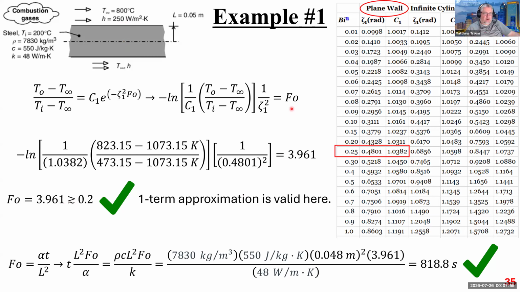And now I've got the Fourier number. I just need to take the information given in the problem and back out what the time is, right? So remember that Fourier number is thermal diffusion times time divided by L squared. So I'm just rearranging this to solve for,